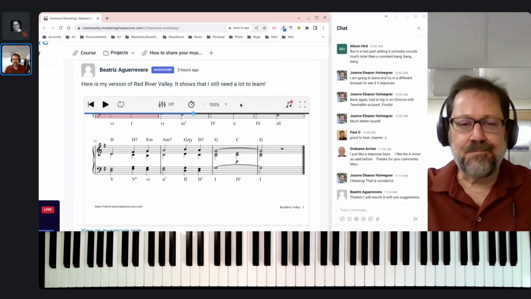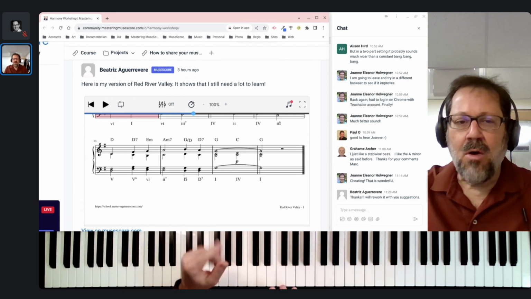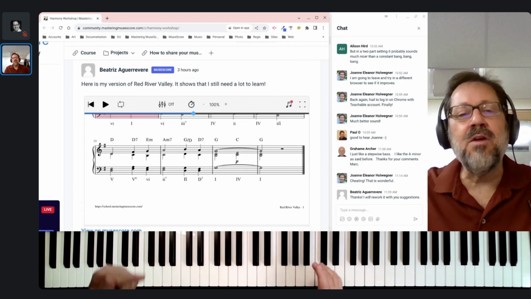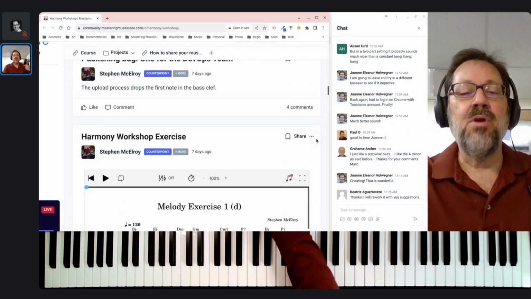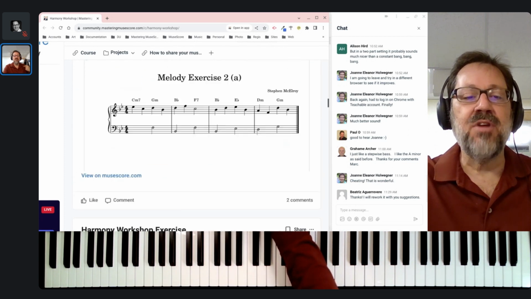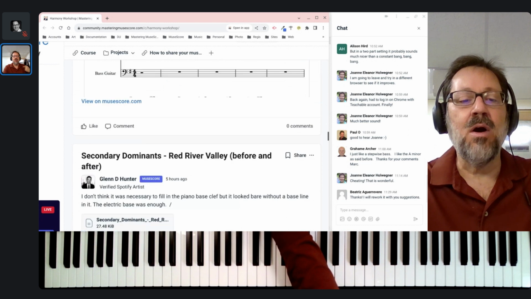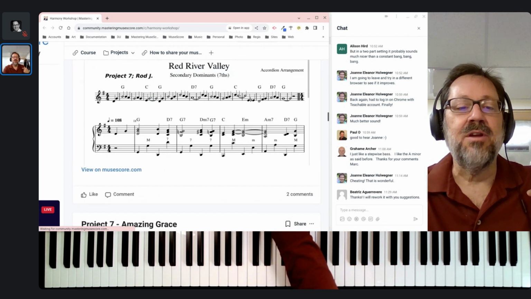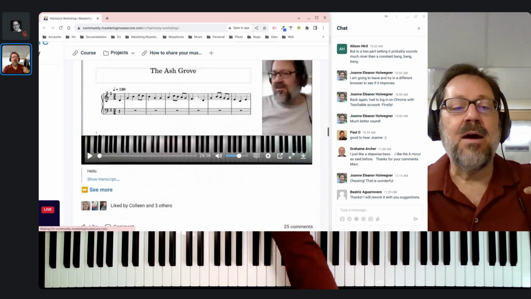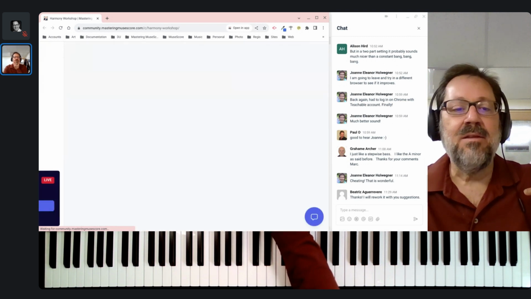So, yeah, you do want to use a little bit of judgment as to how often you use secondary dominants, but don't be afraid to push further. I would say no one has put in so many secondary dominants that it's made me say that's too many. I don't think anyone has gone too far with secondary dominants here. So anyhow, that's I think all I got time to look at here.